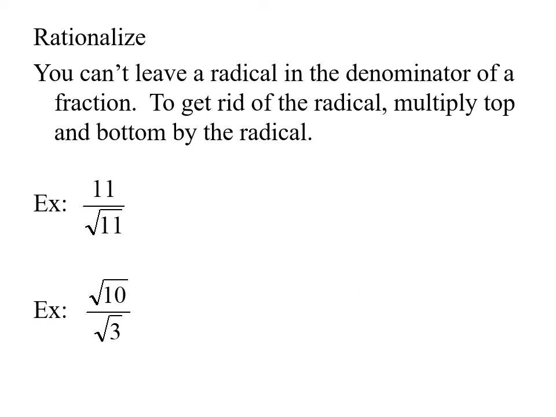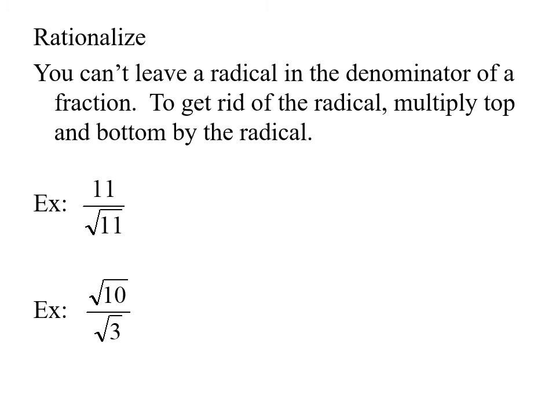Now, when you divide by a radical, that's called rationalizing. So if you rationalize, you are trying to get rid of the radical in the denominator of a fraction. We have really two ideas. You could have just a radical like square root of 11 or square root of 3 like we have in our examples, but you could have things like 3 plus square root of 11. We won't do those. Those will be covered at the very beginning of college algebra. So we're going to do kind of the simpler ones where we just have square root of 11 or square